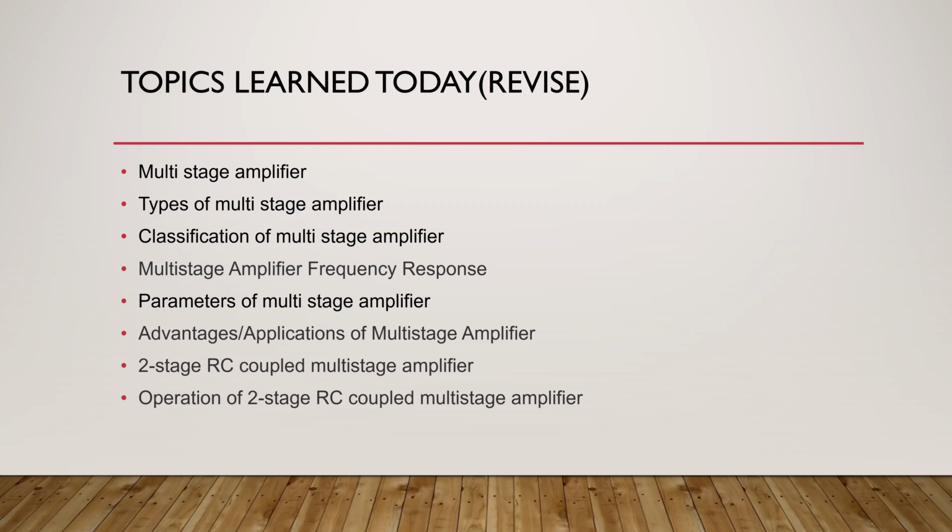Then we have seen what coupling is. Coupling is nothing but an intimate connection between the two stages of an amplifier. The main purpose of the coupling network is to allow only the signal from one stage to the other stage, and it should block the DC content from one stage to the other stage. Thereby, it ensures the stability of the operating point of all the stages. The coupling network basically consists of a simple passive network consisting of resistors, capacitors, or inductors. Based on this only, there are different types of multi-stage amplifiers.